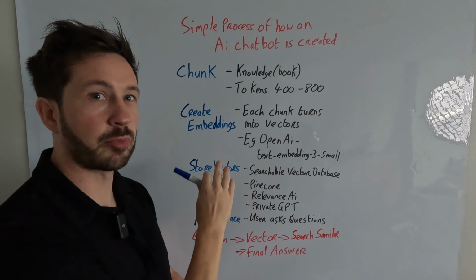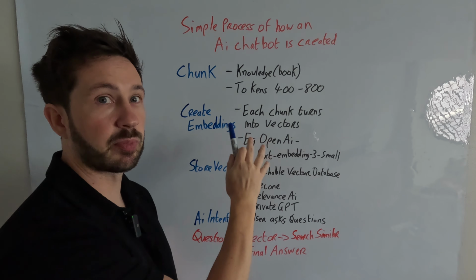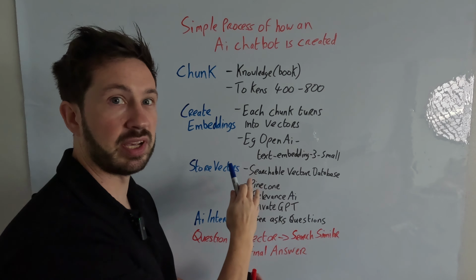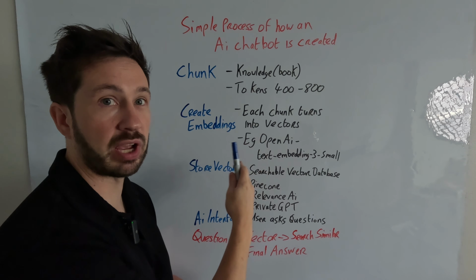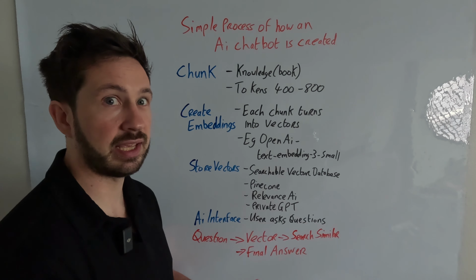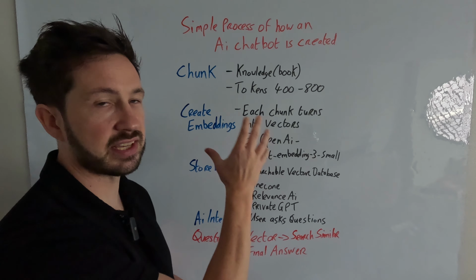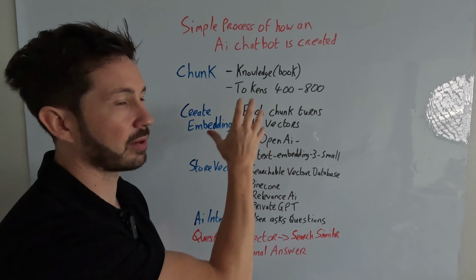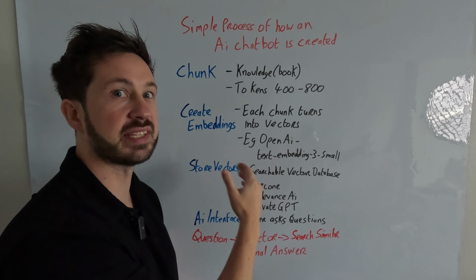Okay, so I just wanted to summarize everything and show you a simple process for how an AI chatbot is created, or an example of a private GPT that is created. Now, if you're creating a private GPT with OpenAI, a lot of that is done for you, so you don't have to worry about it. But I just wanted to give you an overview, and then if you're doing a business application,